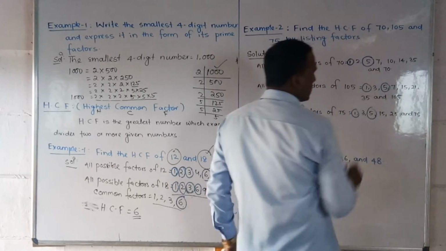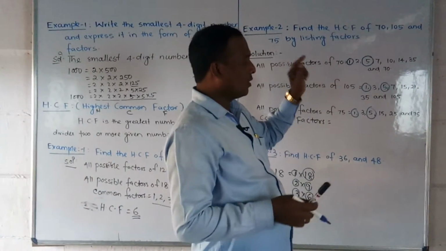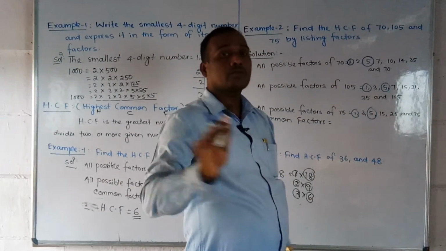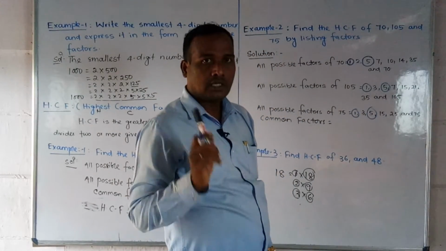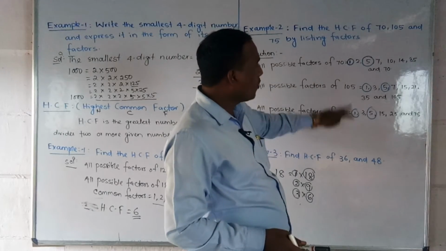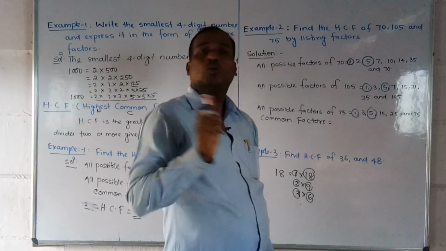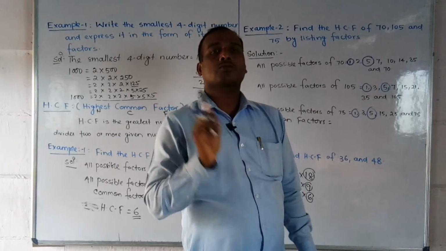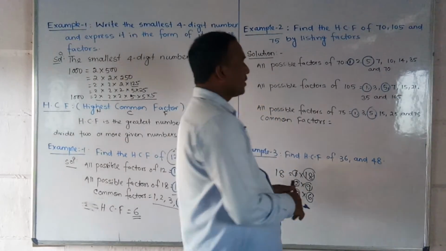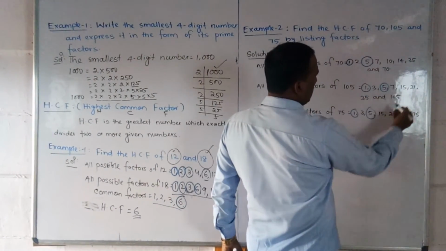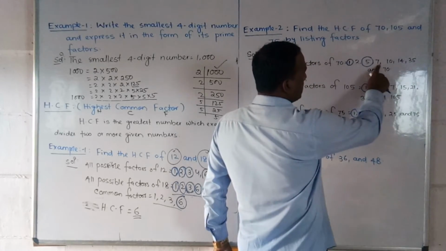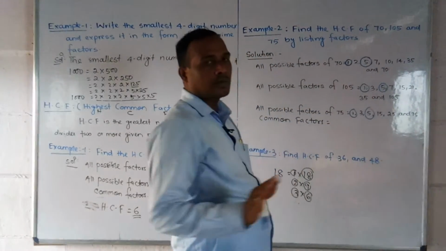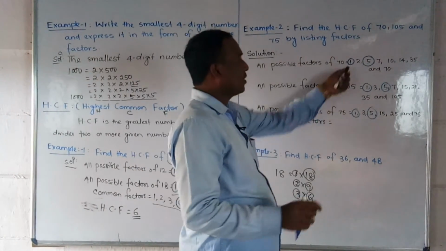Suppose, friends, you get confused: suppose one factor is present in 2 numbers but not in the third. That also we cannot take as a common factor. ठीक है. याद रखो, कोई फैक्टर 2 में होगा, थर्ड में नहीं होगा तो भी वो नहीं होगा. 3 नंबर में वो फैक्टर होगा तो उसको कॉमन फैक्टर बोलेंगे. ठीक है. अभी चेक करो, 7 इधर है, इधर नहीं है, छोड़ देना. देखो ये 7 है, इधर 7 है, लेकिन इधर नहीं है, so that is not a common factor. It is common for 2 numbers, not in 3 numbers.